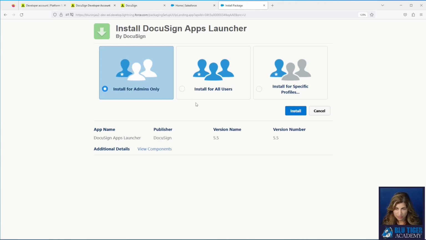This does give your users access to some things that you may not want them to have access to. They say it's safe because in order for them to have access to anything in DocuSign, they need to have a license. Well, they still can see some tabs and other things, so you may want to install for admins only and then use the permission sets to give your users the access that they need.